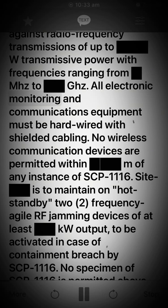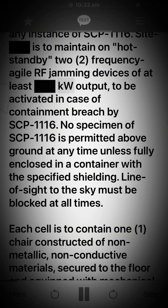All electronic monitoring and communications equipment must be hardwired with shielded cabling. No wireless communication devices are permitted within of any instance of SCP-1116. Site is to maintain on hot standby 2 frequency agile RF jamming devices of at least kW output, to be activated in case of containment breach by